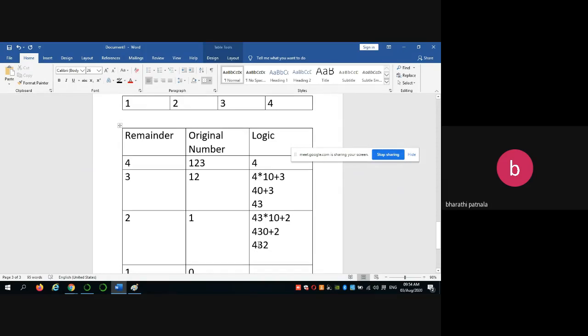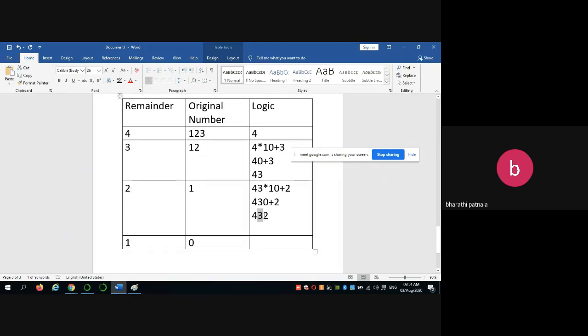That means see, from the units place 4 came to tens, from tens we shifted it to hundreds. Similarly here, see, the 3 in the units place, by the time it comes here, which place has it come to? Tens. Okay, now your remainder 2 is in the units place. Similarly here, 432 into 10 plus the remainder, which here is 1. So that means 4320 plus 1.